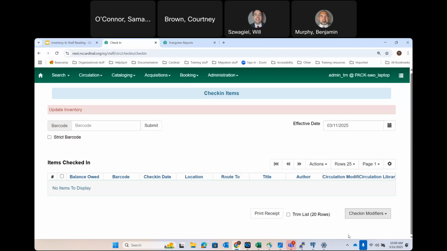But if you do want to make sure that you're getting that inventory date on everything as it's coming in as well, then this is a good way to do that rather than re-inventorying again or something like that. So I've got my updated inventory check-in modifier applied. And so at this point, it would just be scanning the barcodes as I normally would